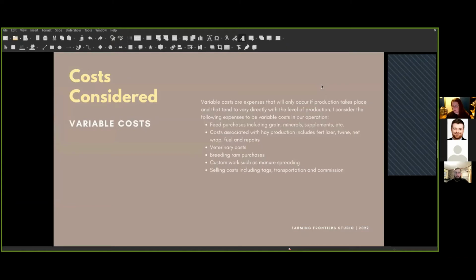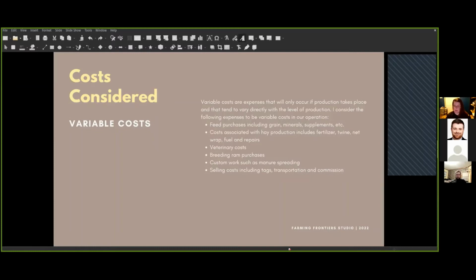So I split my costs into two categories, starting with variable costs. If you're not familiar with variable costs, they're essentially the costs that are directly tied to your level of production. So these are costs that if I sell my sheep tomorrow, I probably won't have these bills anymore, 99% certain. So they vary based on the number of lambs we produce, the number of ewes. That's a variable cost. It goes up and down depending on your production. In the variable costs for this exercise, I included feed purchases, which includes grain, minerals, supplements,